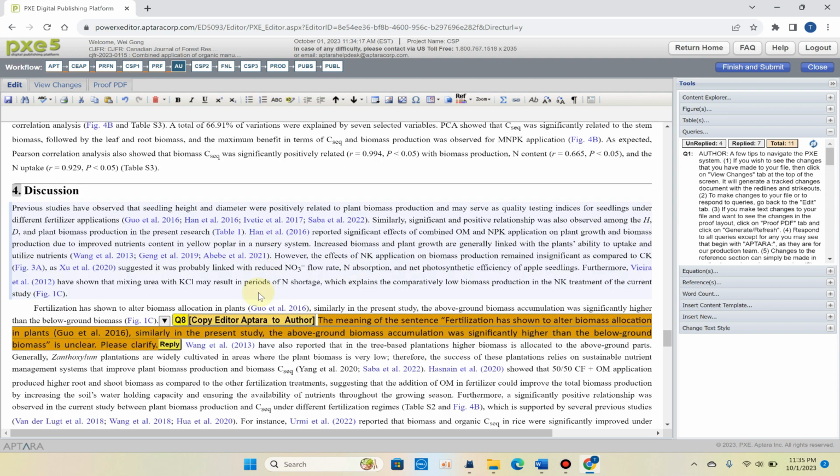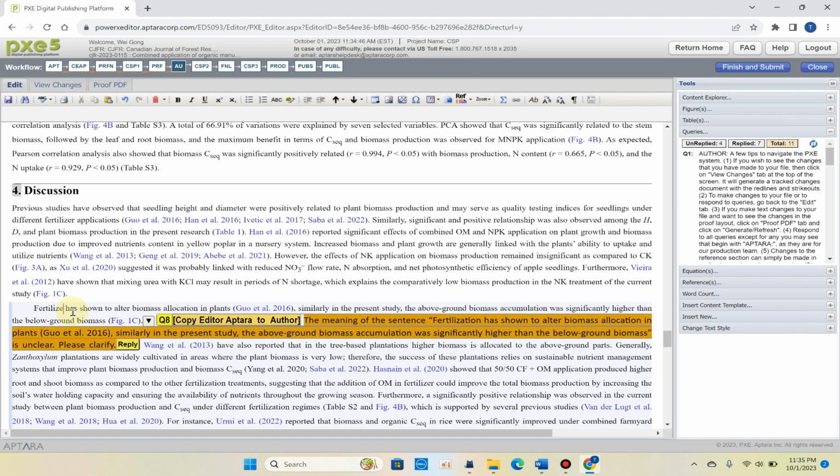And what's next? Next, question 8: the meaning of the sentence, "Fertilizer has shown to alter the biomass allocation in plants. Similarly, in plant study, the above ground biomass was significantly higher than the below ground biomass," is unclear. Please clarify. So what changes can we make? Actually, we should write fertilizer